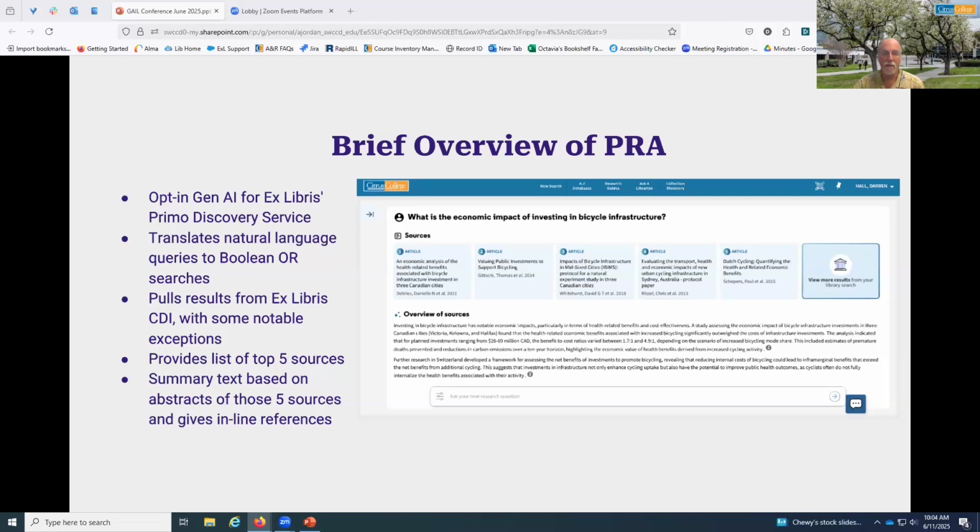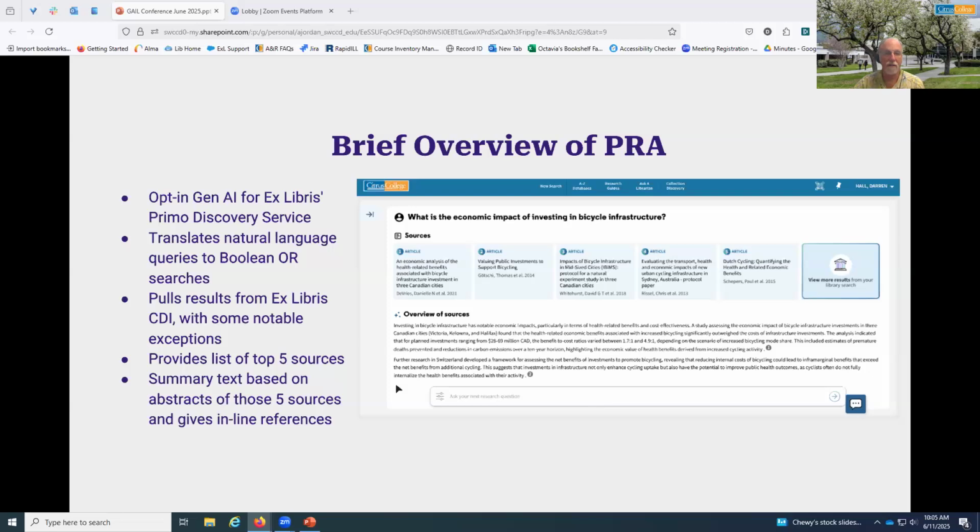When a user or patron puts in a natural language query, it translates that query into a Boolean OR search, and then searches the Primo or the Ex Libris Central Discovery Index to get its results. And then it narrows that down to a top 5 results that, as you can see from the image on the slide, are listed.